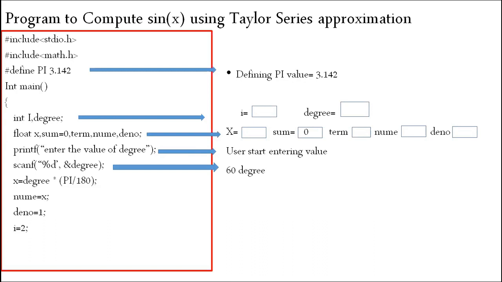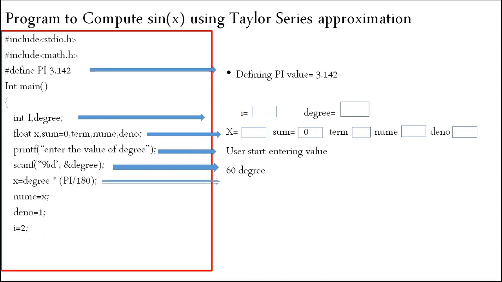So I'm going to enter degree. Degree is declared as int, so my format specifier is %d. I'm reading only one value, and the ampersand of where I'm going to store that value, degree. So now my degree is updated to 60. After giving input to the program, my next step is to convert degree into radian, because my program carries out its calculation in radians rather than degrees.